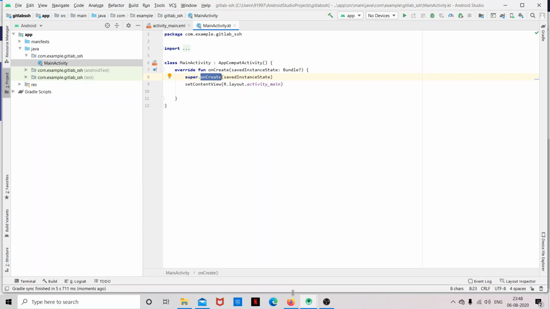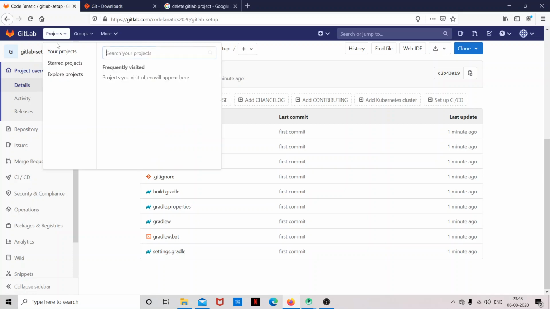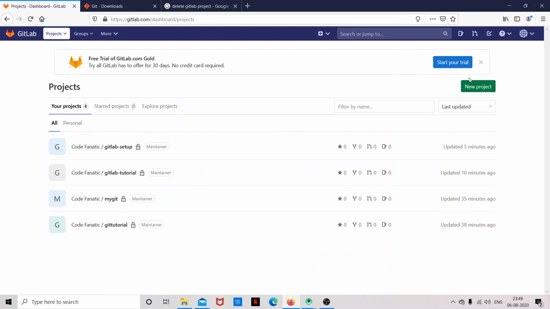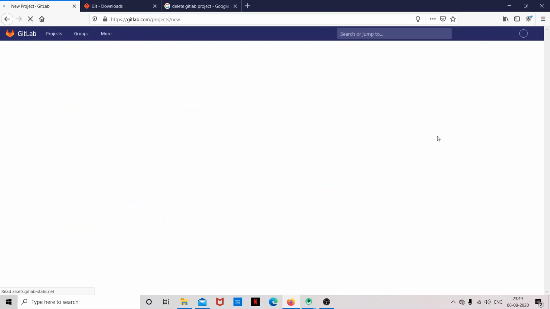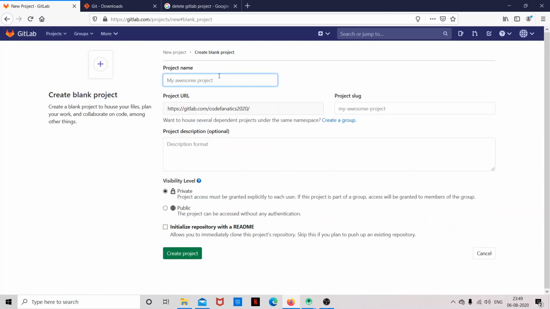So now I'll create a new project in my GitLab account. So let me go to my projects, click on new project, create a blank project. I'll give my project name. Create a project.